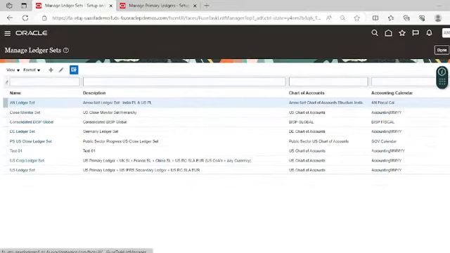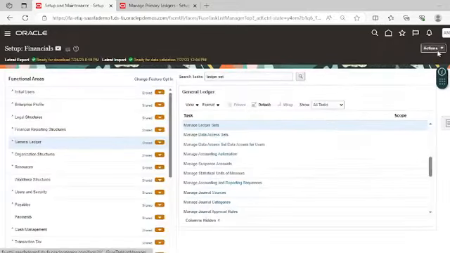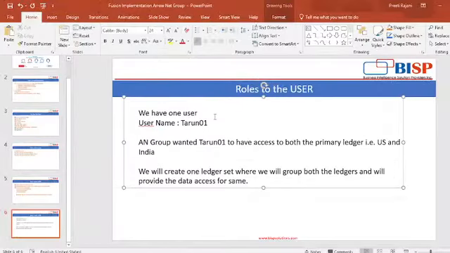This is our ledger set. Now we have to create the user Tarun01 as per our client's requirement. We have created the ledger set, and now we will create the user Tarun01.